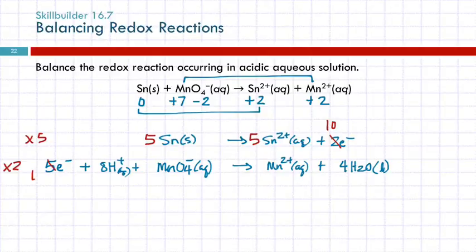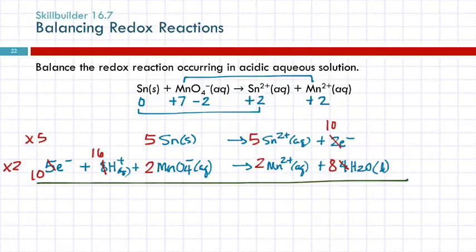So this becomes 10. 2 times 8. We're getting into some big numbers. Don't be scared. It's okay. And then this is a 2. And this is a 2. And 2 times 4 is 8. So I've got 10 electrons on both sides. I can add these two together now. Those guys cancel out. Copy down what's left. 16 H+